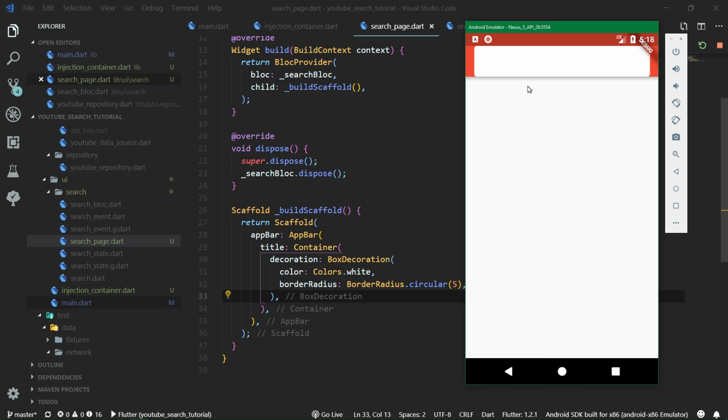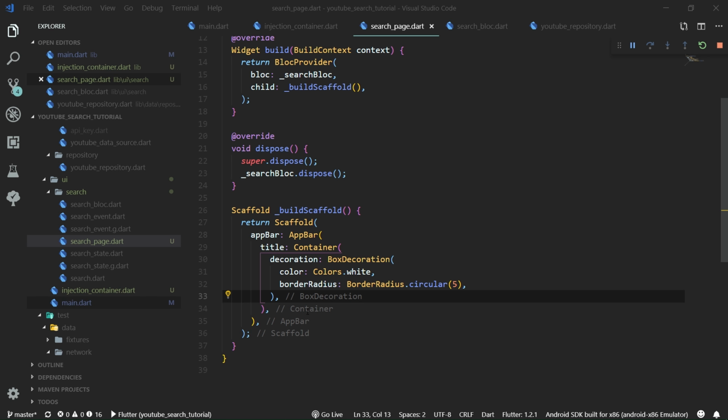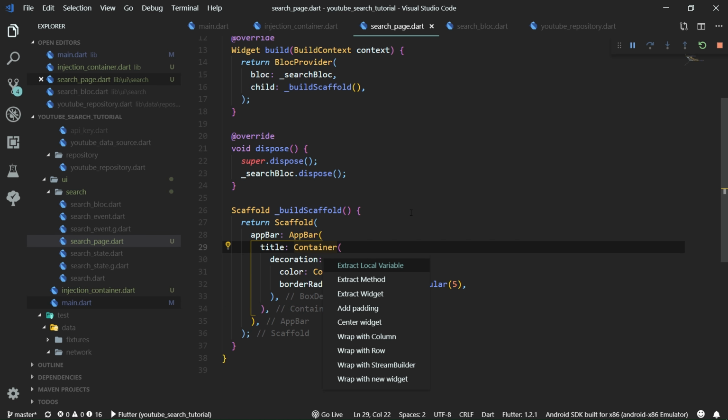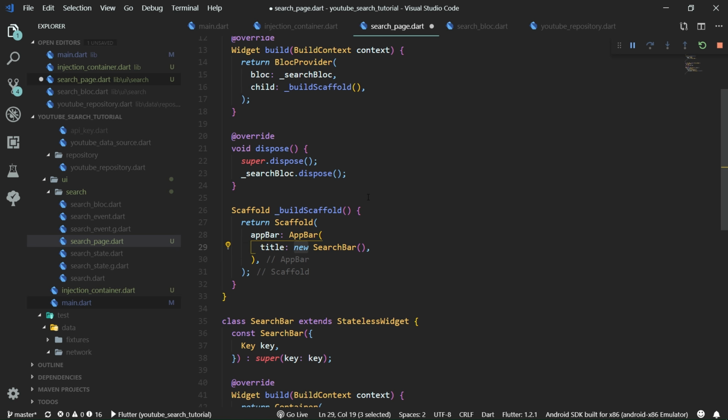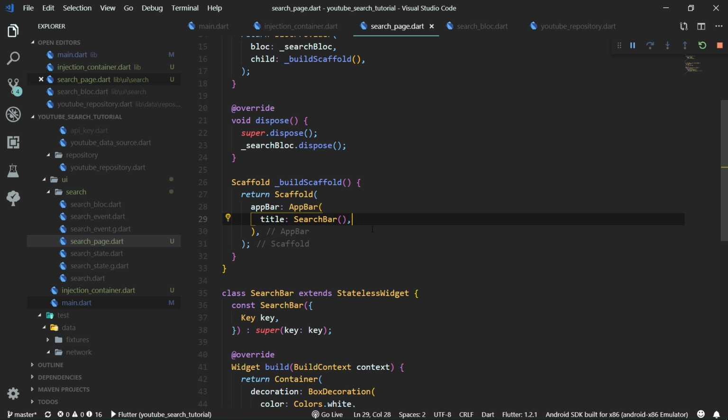So this is how it looks now. It doesn't look at all good, but we are going to change it later on in this part. For now, let's just already move this container to its separate widget. So we are going to hit Control and dot character and extract widget. Its name will be SearchBar. It's gonna move it directly under the search page, right inside this search page file. We can leave it like that for now, and then we are going to move it even inside its own